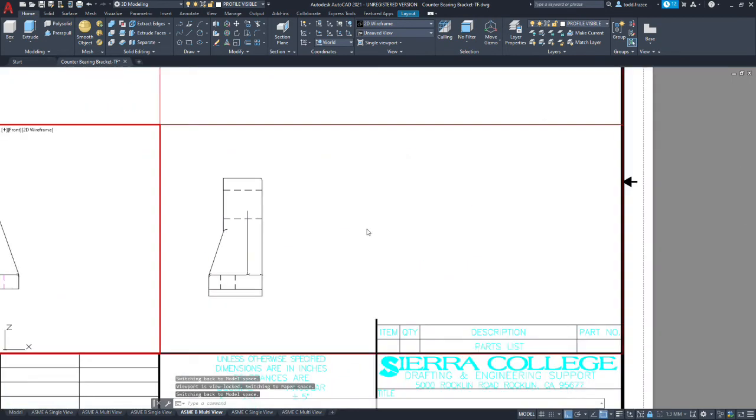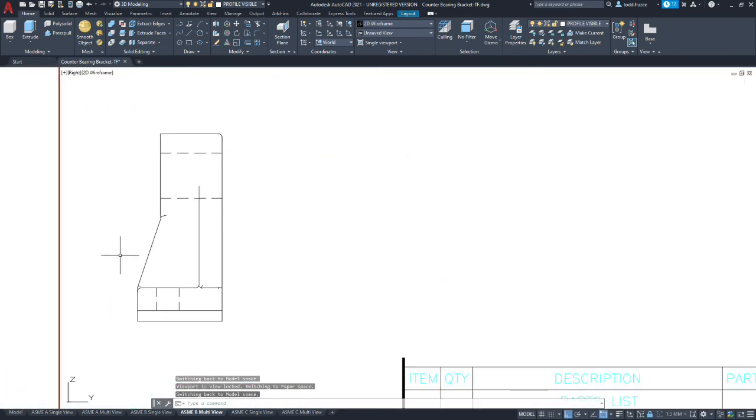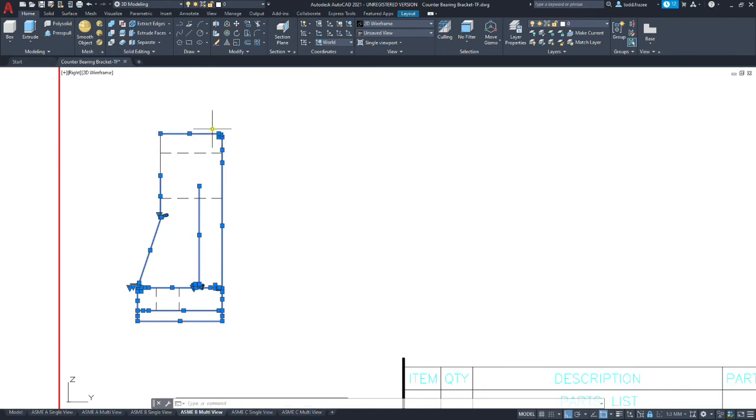Alright, let's move on to the right side view and do the same thing. I'm going to try to move everything except for the hidden lines. Again, if you go from bottom right to upper left, anything that crosses the marquee box is highlighted. If you go from top to bottom, it has to be completely enveloped by the marquee box to be selected.